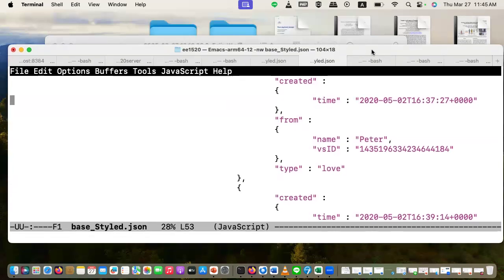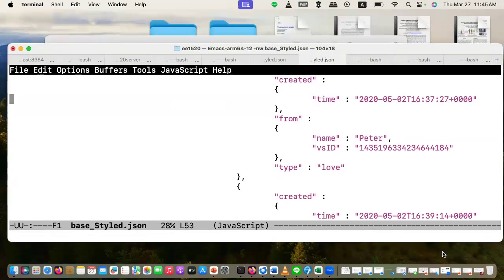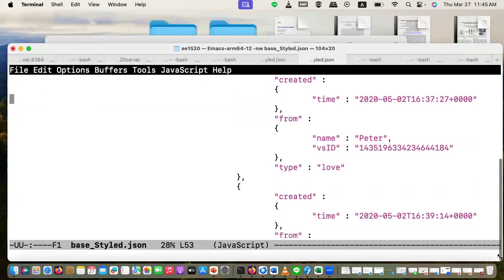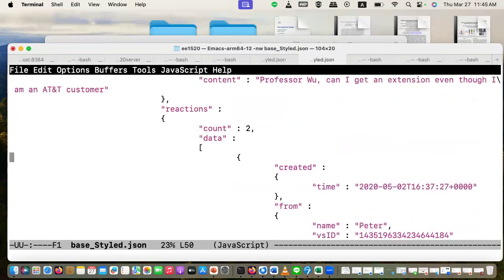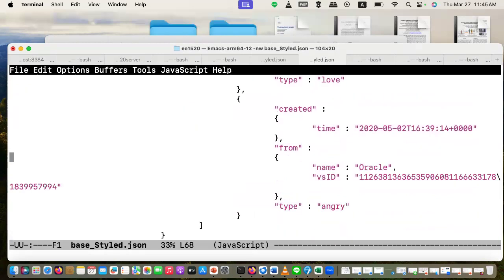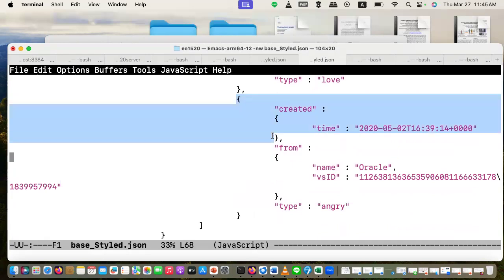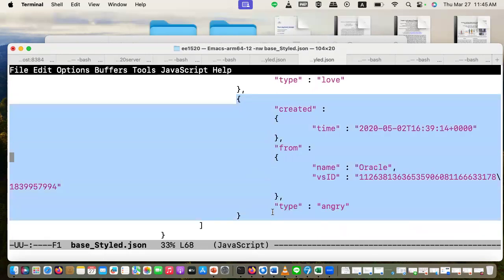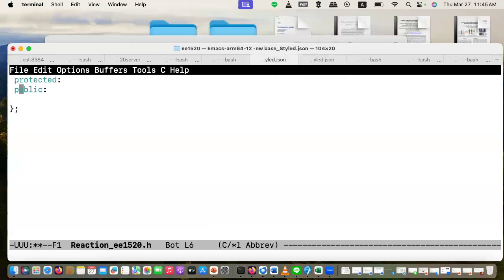Let me make it a little bit bigger. It should cover the whole reaction space. I hate this. Oh, here. This part is a reaction. So from here, I need to generate a C++ class.